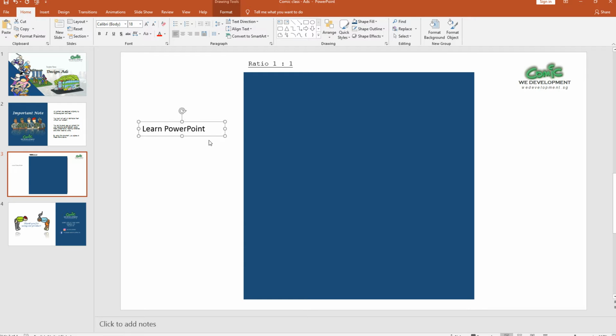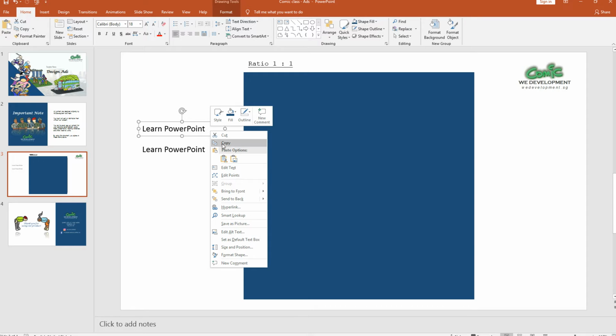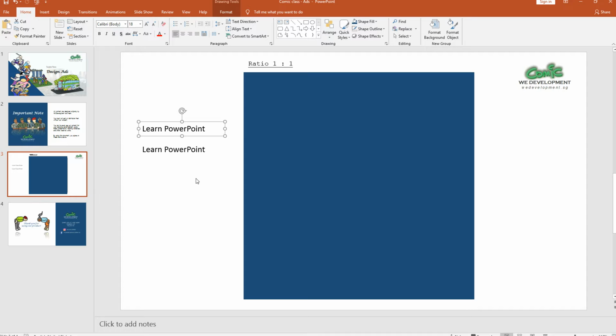Then I copy, then paste it. Either way, you can actually copy like this, or you can press Ctrl+C on your keyboard. Then learn PowerPoint this school holiday. So the one thing that we can actually improve on this school holiday is this June holiday. Then you'll be more specific, right? Then we can actually have this thing